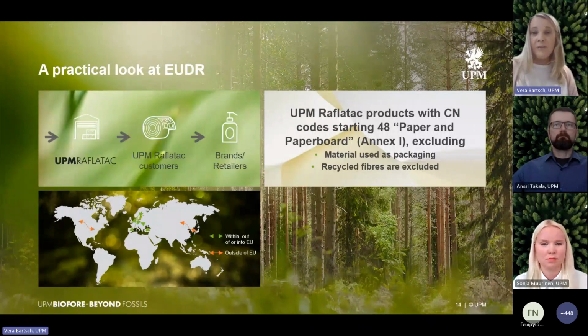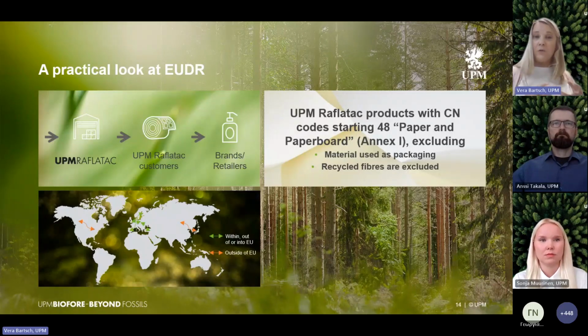If you are a customer, for example, in North America or in Asia Pacific, you receive products from UPM Raflatac, there might be EU involvement further down the value chain. But please remember the exceptions from earlier, 48 CN code and the packaging exception. If you see that despite this, there will be an EUDR compliance requirement, please contact your sales representative and share product details and case information. As this is the regulation from the European Union, not all of our global suppliers are ready to share necessary information if it's outside of the EU. So please get in touch with your main contact at Raflatac and we look at those cases.